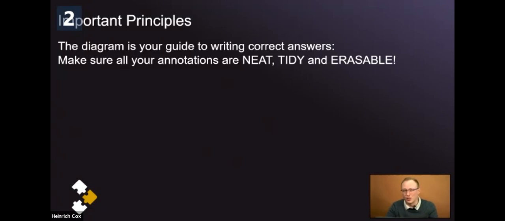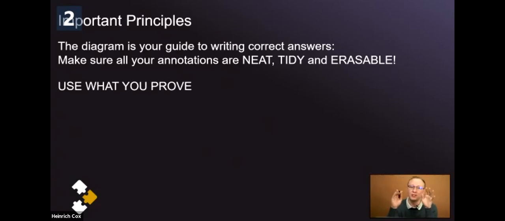So at that point, when you've made a mess, you really want to be able to tidy up. And that's when it's going to be fantastic to be able to erase. So I do recommend that you use either erasable pens or a pencil in order to annotate on your diagram. Then the next thing, and this is for me the golden rule when it comes to Euclidean geometry: